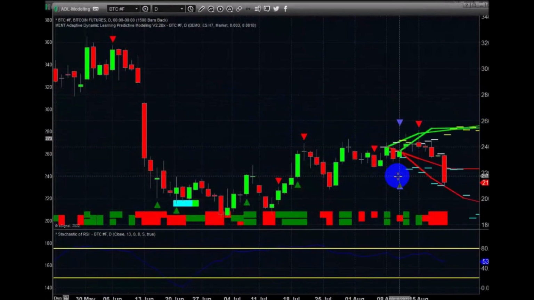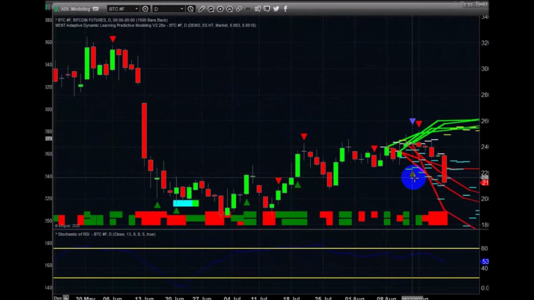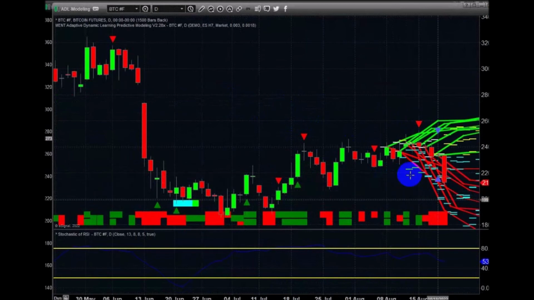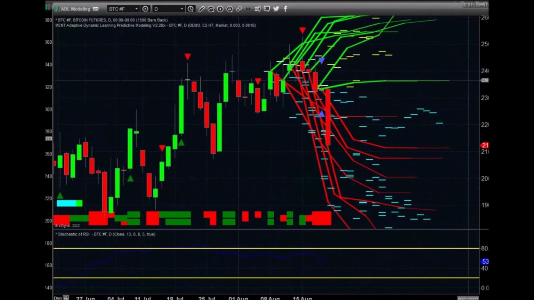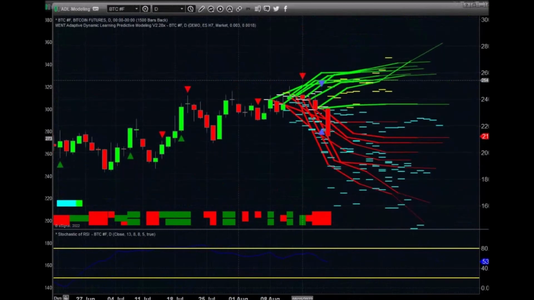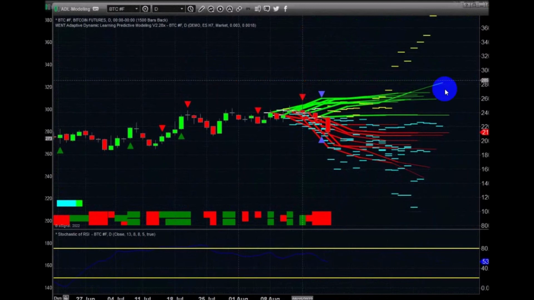Let's take a look at Bitcoin here. And again, what I'm looking for here is a confluence of predictive outcomes. So understand, ladies and gentlemen, that we're going to get a wide variety of potential outcomes. You can see there's one outcome here that shows it going way up to 36,000, which could happen. That's in September 14th. And we have a confluence of broader outcomes moving it down to 18,000, 16,000, 14,000, and